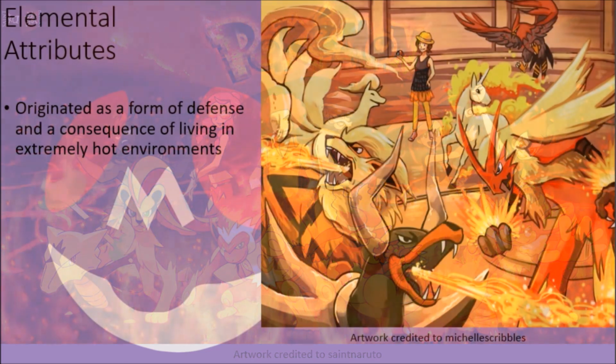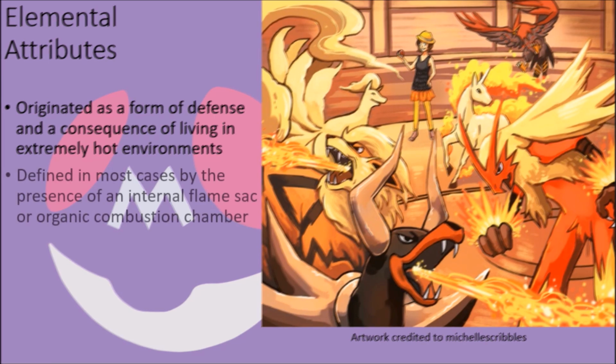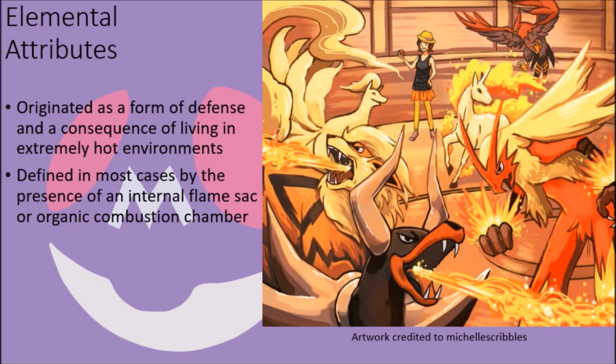The fire type, as it is seen in the natural world, is one born out of a combination of defense and adaptation to extremely hot environments that are often too dangerous for other types of Pokemon to readily survive in. In essence, Pokemon that are assigned to this type are distinct from others in that they are able to naturally